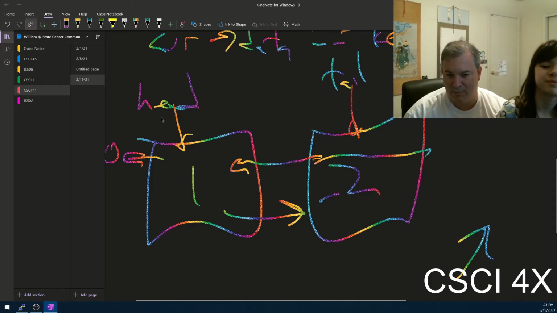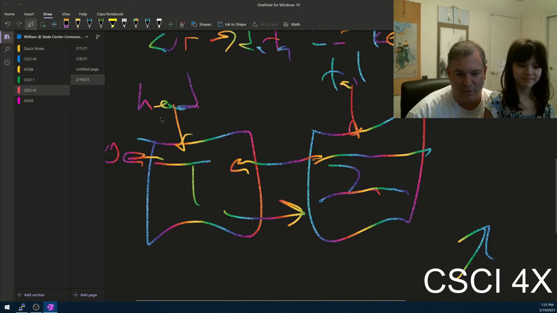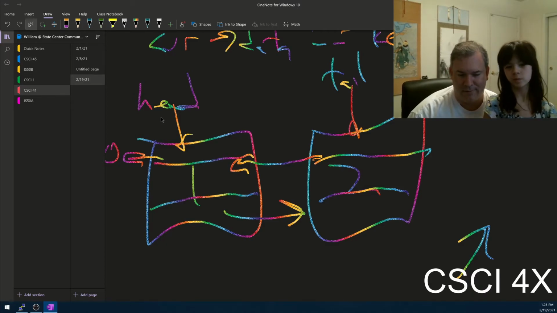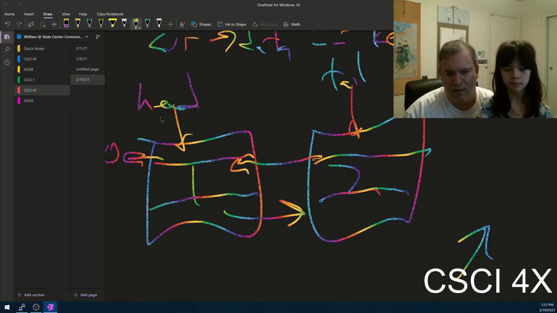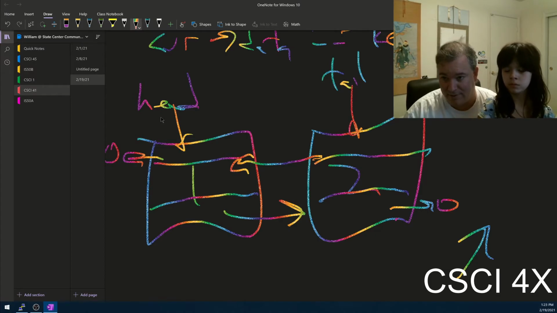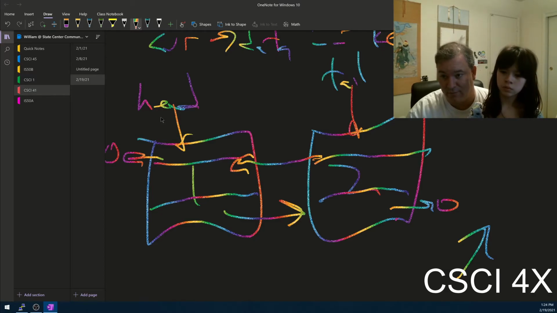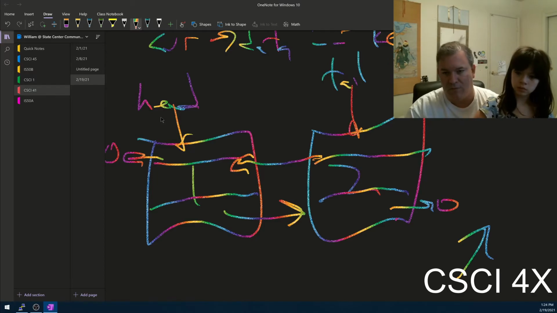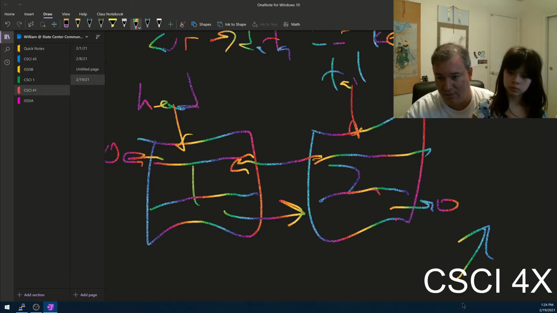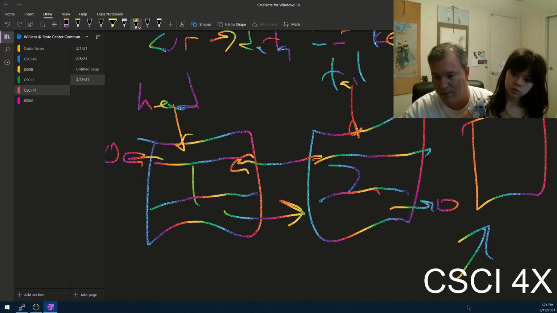2's previous is pointing at 1. 1's previous is pointing at null. 1's next is pointing at 2. 2's next is pointing at null. This is the tail, this is the head, and we're going to be inserting at the end now. So the only difference from what we had before was that we can't set next's previous, right? Because that will segfault. So for tail, what we need to do is we're going to new a new node